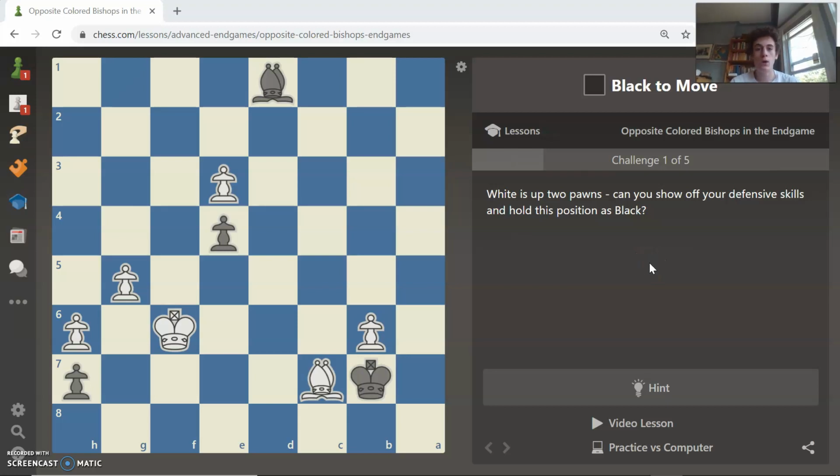Hello everybody, and welcome to, I believe, the third video in this week's endgame solving lesson. I've made two other videos this week, one on using Zugzwang in the endgame, and one on some pretty common rook endgames and ideas in those endgames, and today we're going to be focusing on opposite colored